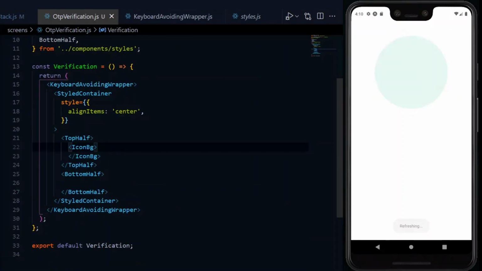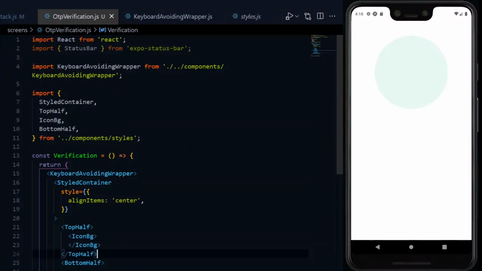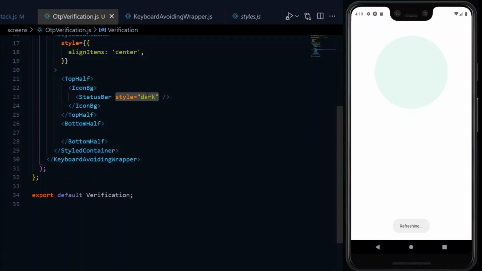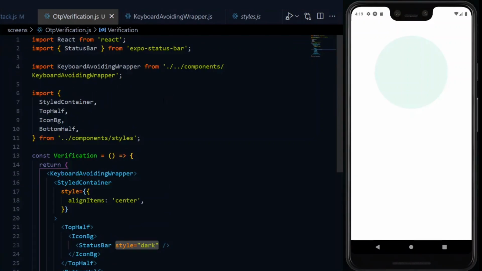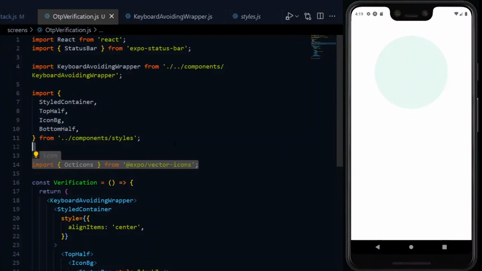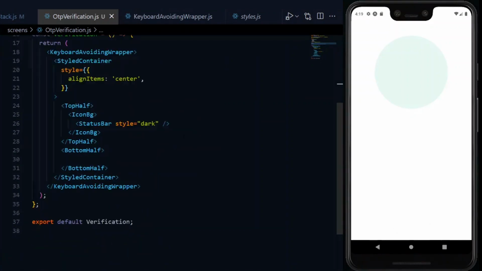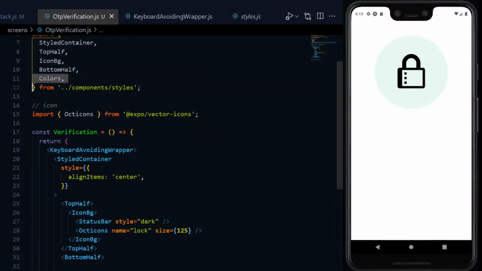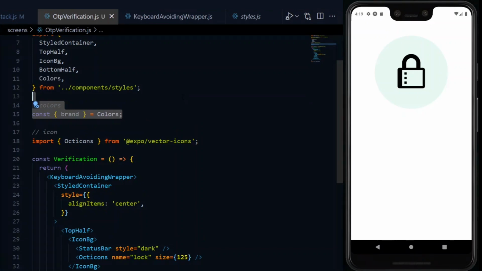In the icon BG, which means icon background, we can first put our status bar in there and style it to be dark. In addition, we want to make use of Octicons to display an icon, and we'll get that from Expo vector icons. You don't need to install any package for this if you're on Expo. The icon will be the lock icon and we'll give it a size. For the color of the icon, we'll need a brown color from our colors,